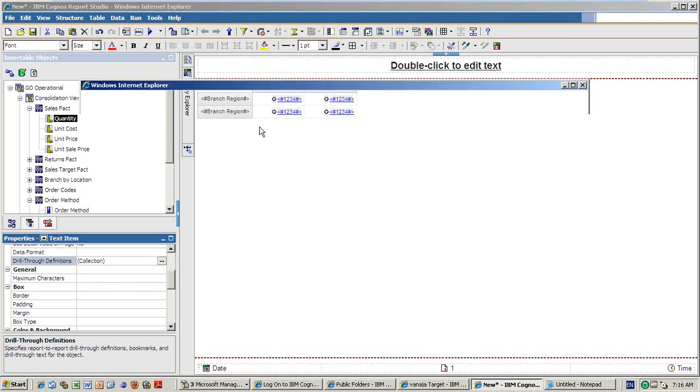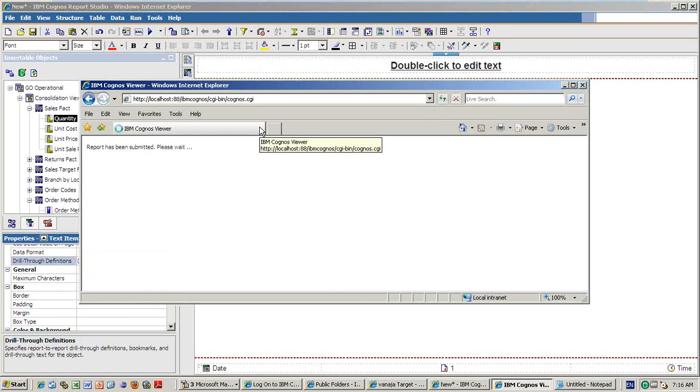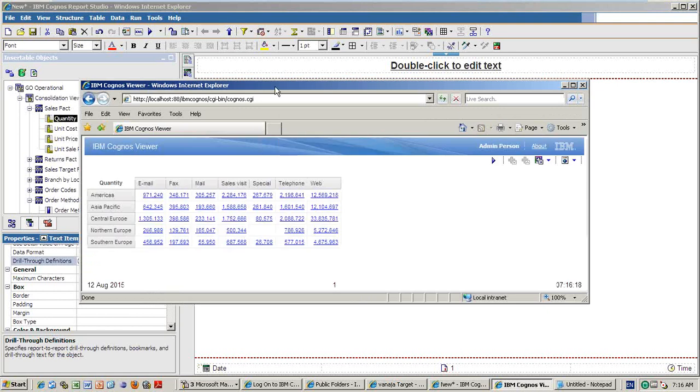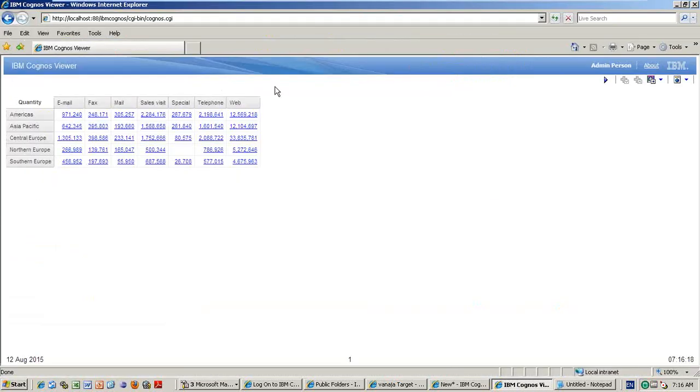In the target report I put order method as optional, what will happen? Yeah, it will show all the data, exactly. And it will not show the prompt page because it's optional. So if you are passing some value, yes, it will take it, otherwise it will show all the values.